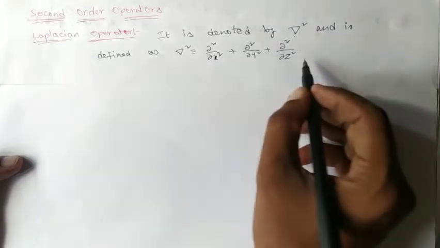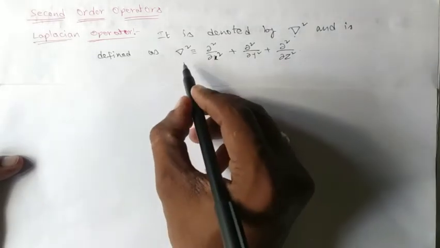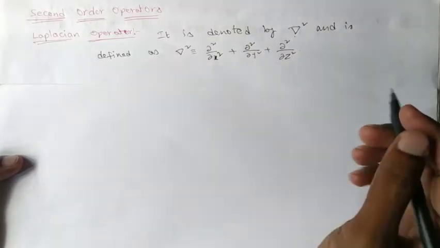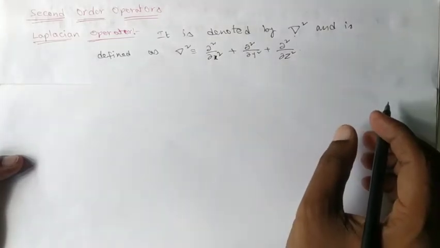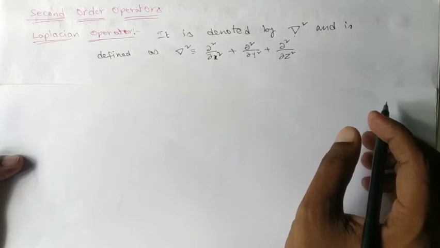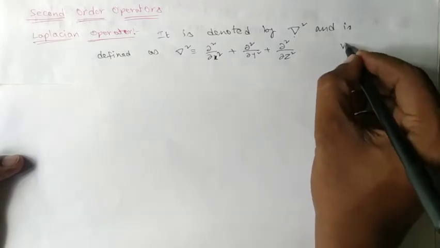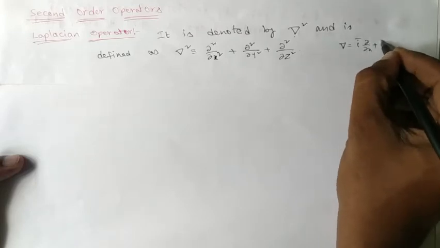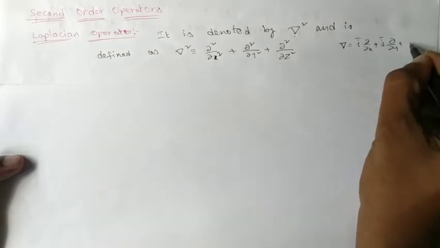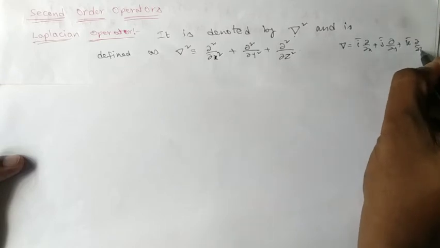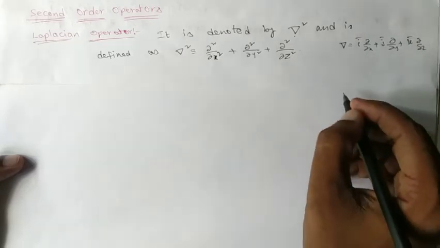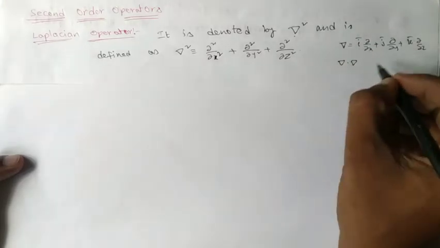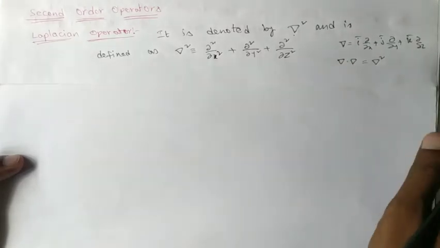So this is for three dimensional. Suppose if you take two dimensional, it will be dou square by dou x square plus dou square by dou y square. Clear? Why I am defining this in this vector concept is we know what del is. This del operator is i bar dou by dou x plus j bar dou by dou y plus k bar dou by dou z. This is our del. So if you take del dot del, then you have this del square operator.